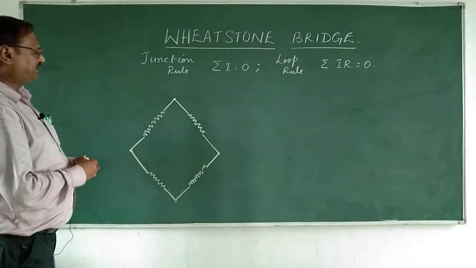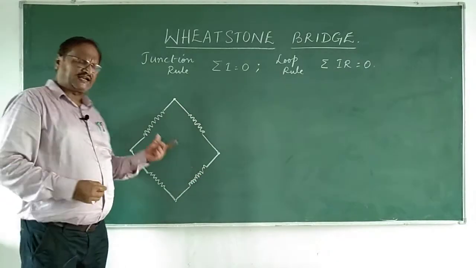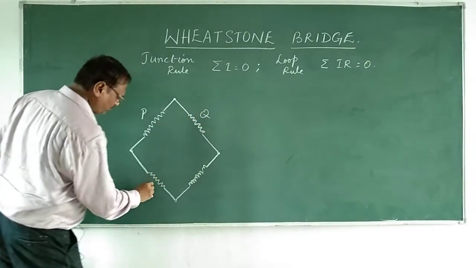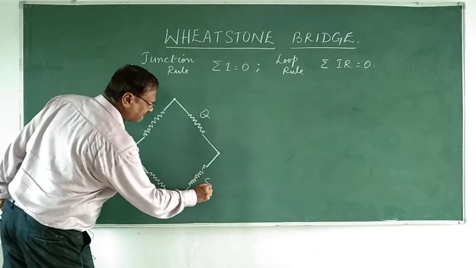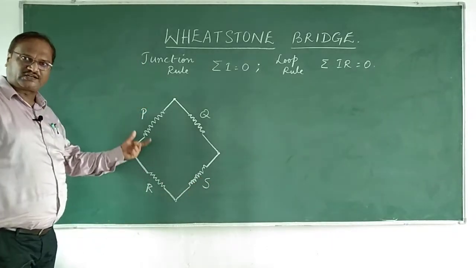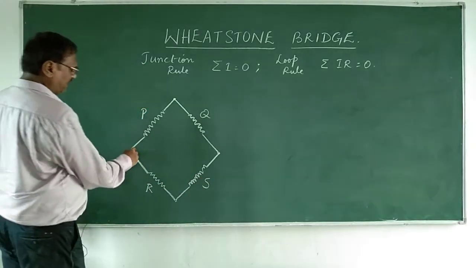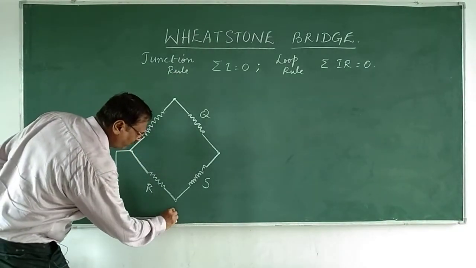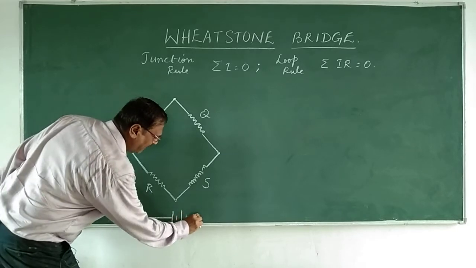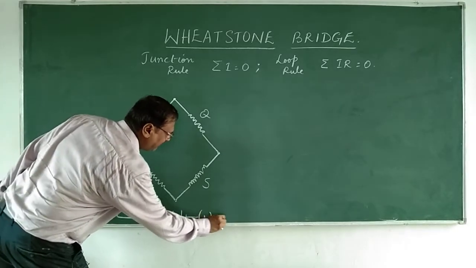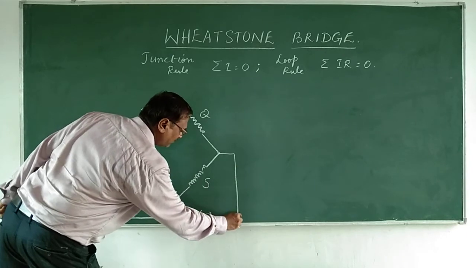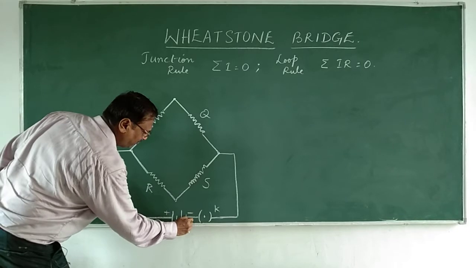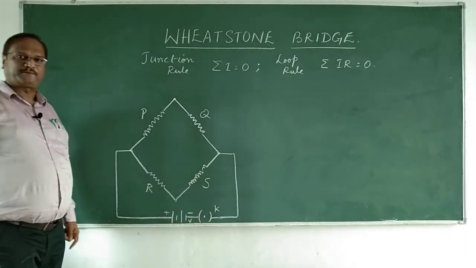Now I have connected 4 resistors, and symbolically we call this P, this Q, this R, and this S. There are 4 resistors, right? And now I connect this to a battery. For it to function, I need to connect it to a battery. I connect it to a key, and then the circuit is closed here. The key and the battery, positive and negative, provide a potential difference V.